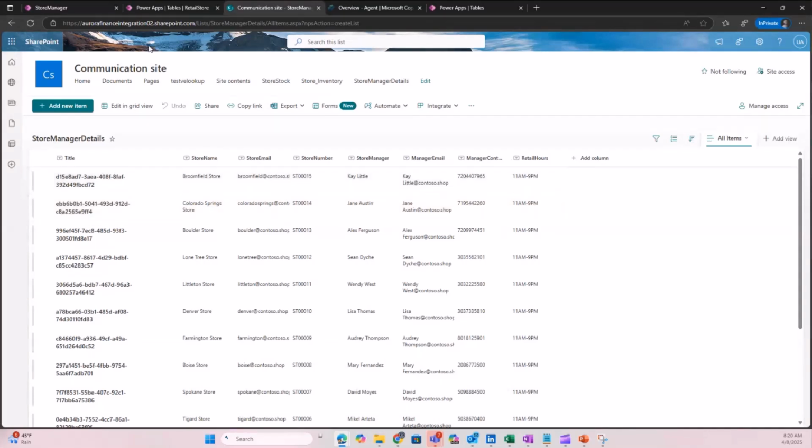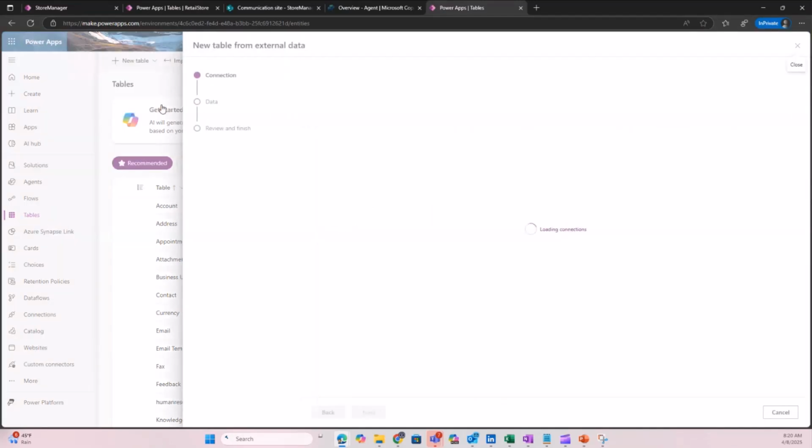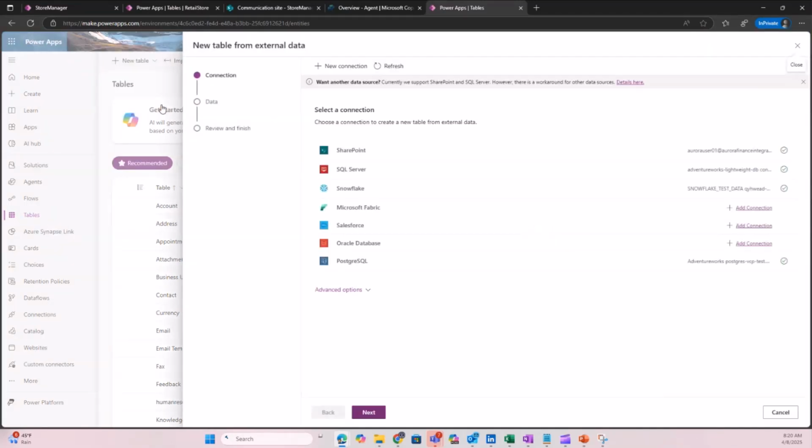What I am planning to do now is first create a virtual table. I already have a database native table. What I'm planning to do now is virtualize the SharePoint data into Dataverse. So I click on create virtual table.